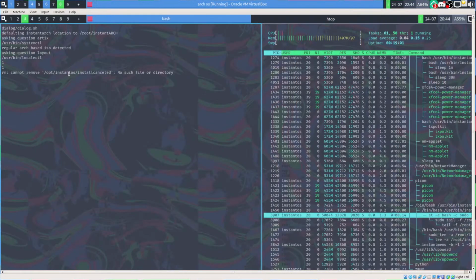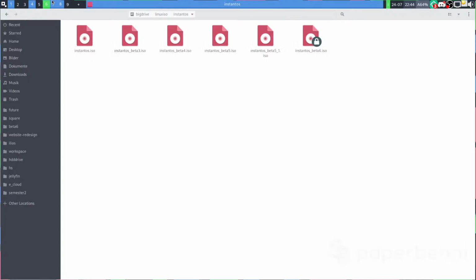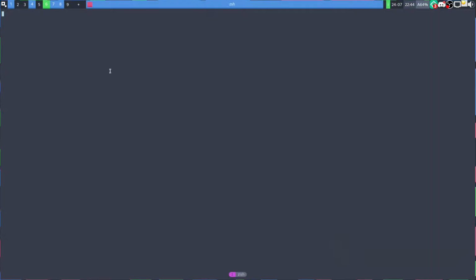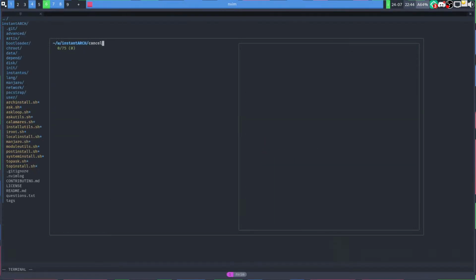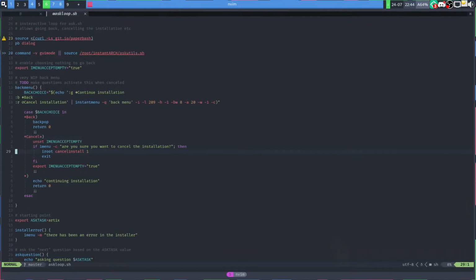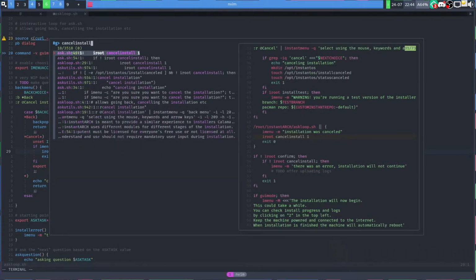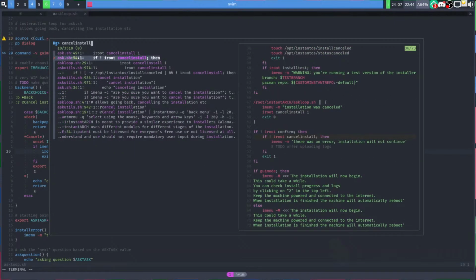Like break in the sense of exiting a while loop. Okay, we need to check out what happens if we cancel the installer. iRoot cancel install 1. Okay. If iRoot cancel install, then